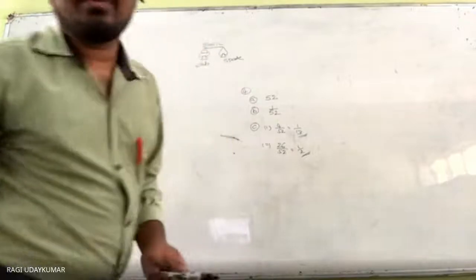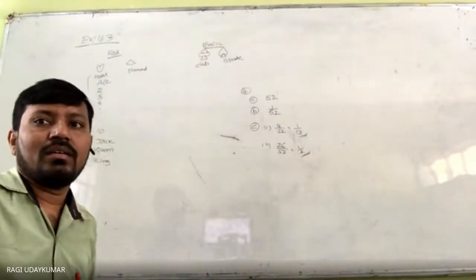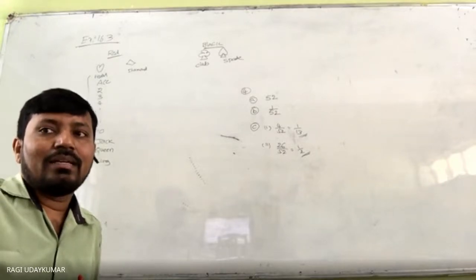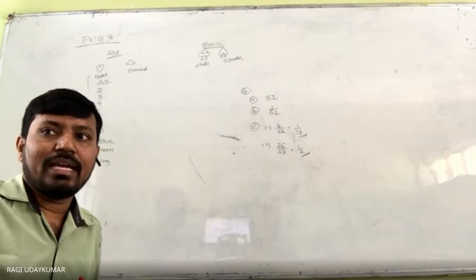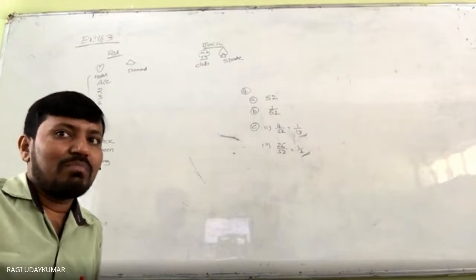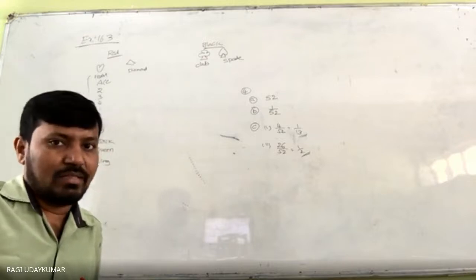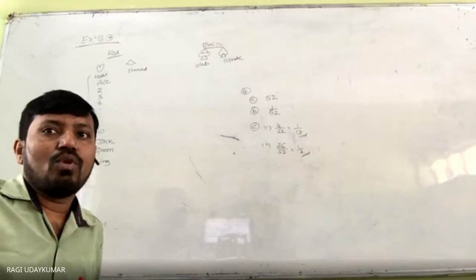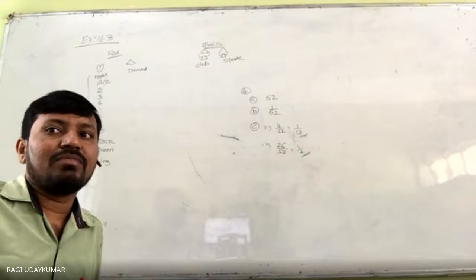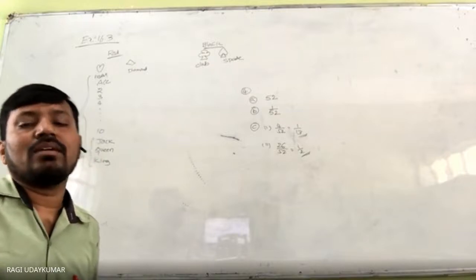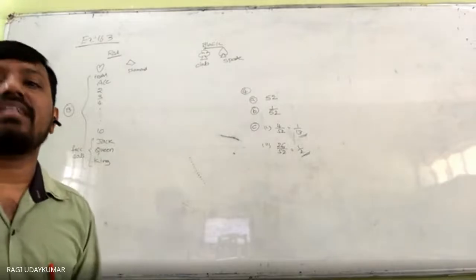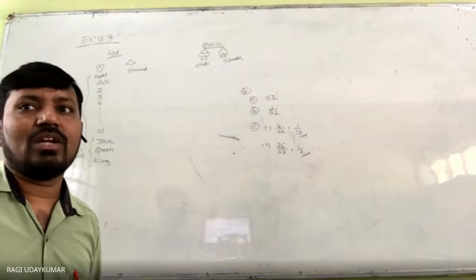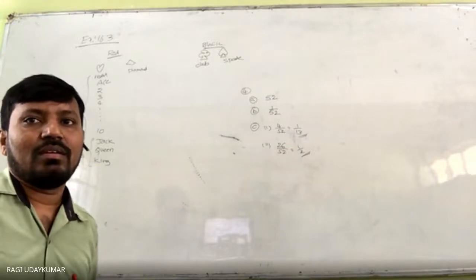So very simple questions. Fifth question: a fair coin with a 1 marked on one face and 6 on the other face. So it is not head and tail, 1 and 6 is there. And a fair die are both tossed. Find the probability that the sum of the numbers that turns up is 3. All the questions are very simple here, not very difficult for you. You can easily calculate that.